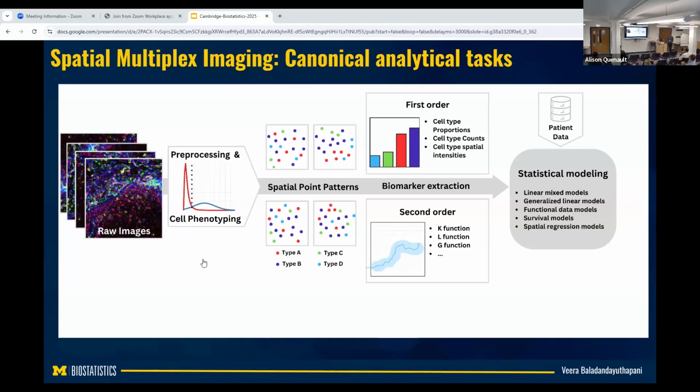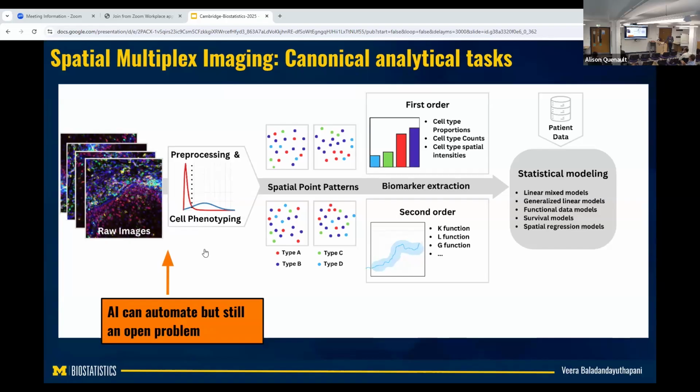I feel this is an open problem and something that AI can automate. We are trying to do that, but it's still an open problem because these are continuous markers and we are trying to discretize them to call them different cell types. For certain markers it's easy to do, but for certain markers it's not very easy, because you don't get this zero inflation most of the time. So we don't have an optimal solution. You can maybe work with the continuous data directly, and maybe that's a better strategy. But for interpretational purposes, going to the cell types makes it a little easier.